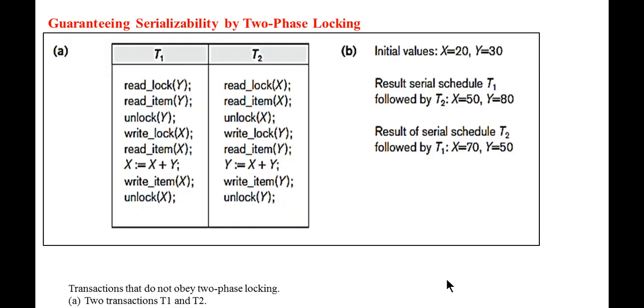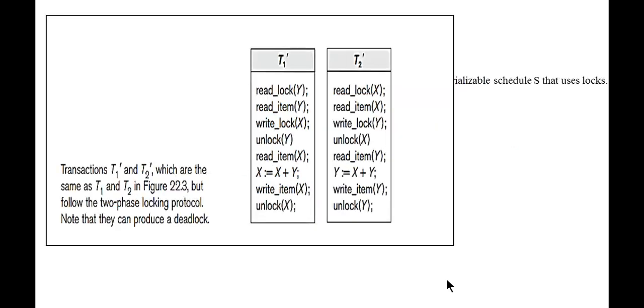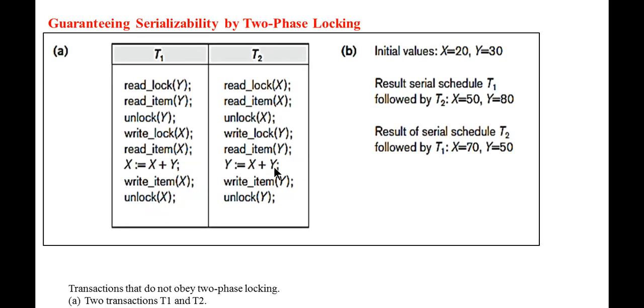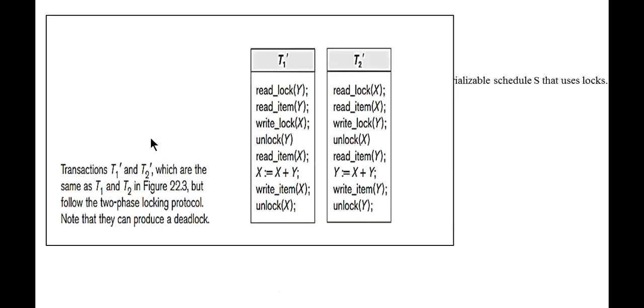Now if you change the order of the statements, yeah, this is the same diagram. You can change the order. You can see here the write lock item which appeared in the previous one. Write lock appears after the unlock. Here also write lock of Y appears after the unlock of X. But if you change the order here and here, you get these two. You just changed the order of these two operations here.